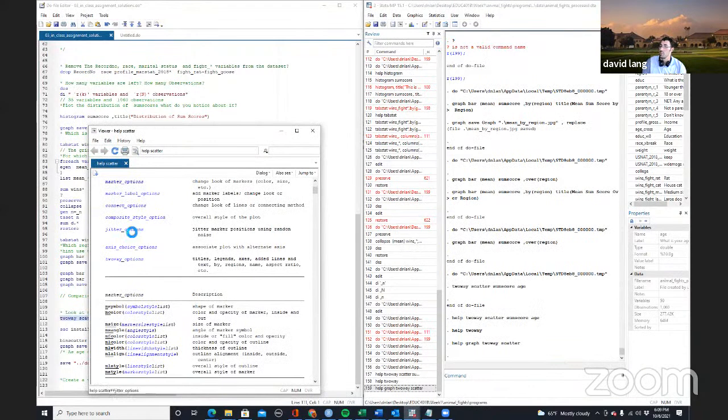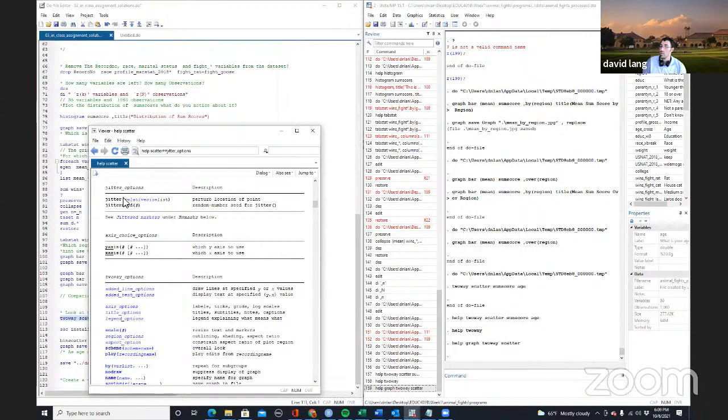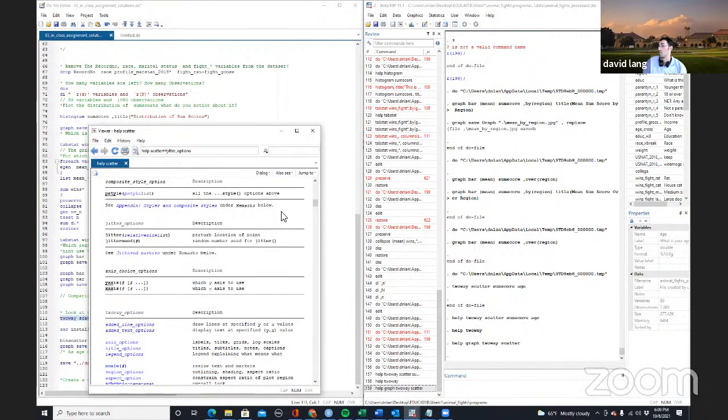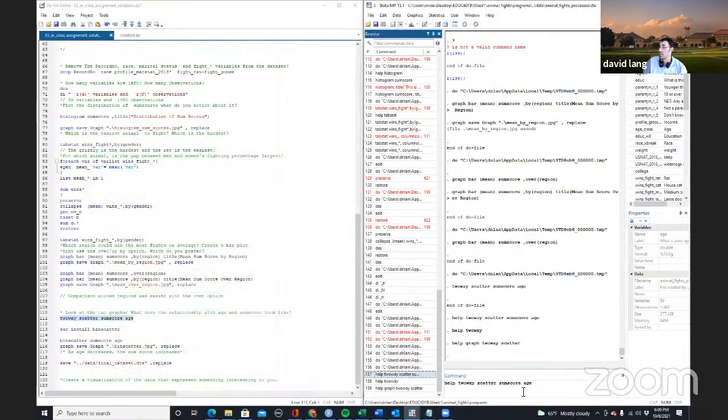So jitter options, you can basically perturb the location of points. What that is doing is just adding random noise, not a whole lot, but enough so that